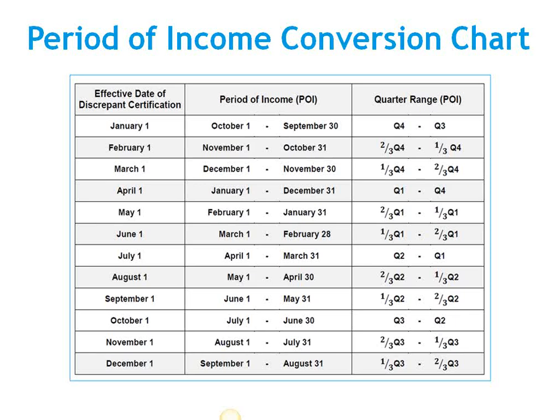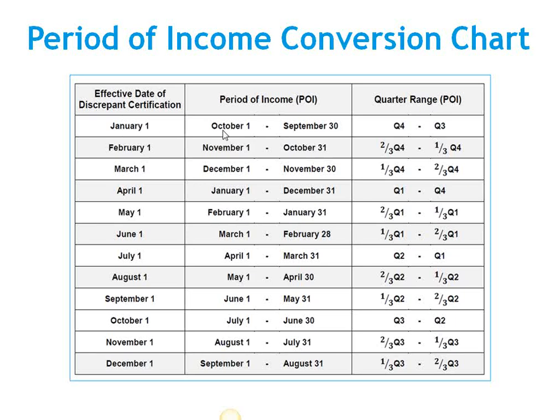So we can say that for all of the EIV income sources that EIV sees, wages, unemployment, and Social Security Administration, we can pretty easily get those all into quarterly values, right? The wages and unemployment, that's easy. The monthly benefits, we would just know it's 3 months, right? Because of that, we want to not think about our periods of income as date ranges. We want to think about them as quarterly ranges. So on this period of income conversion chart,